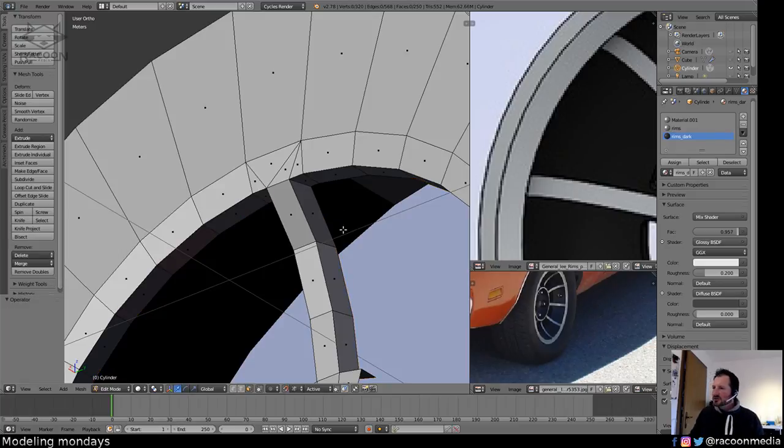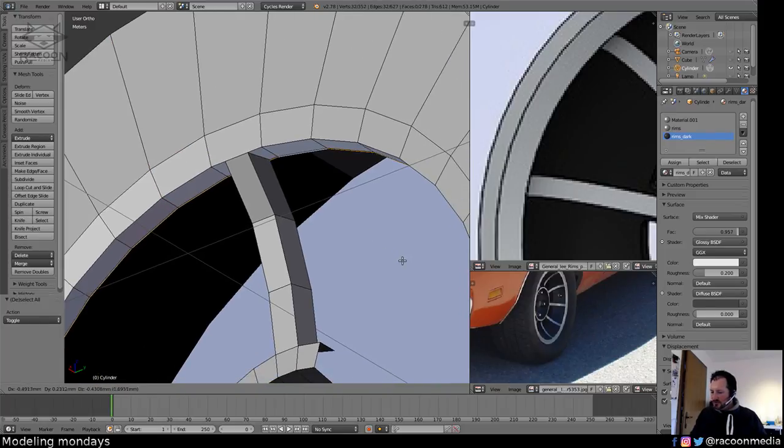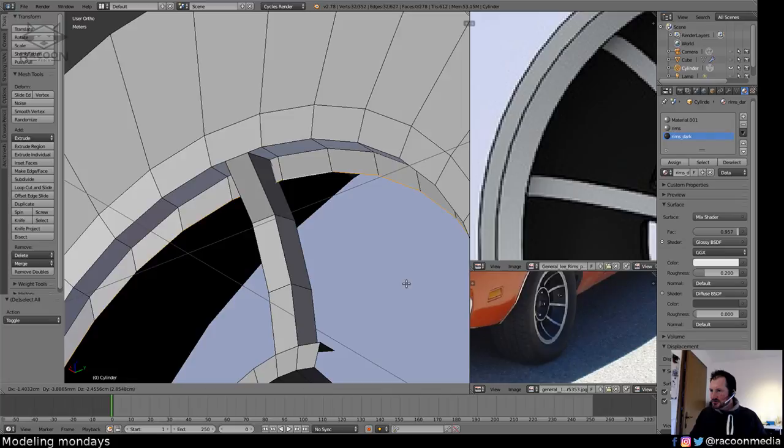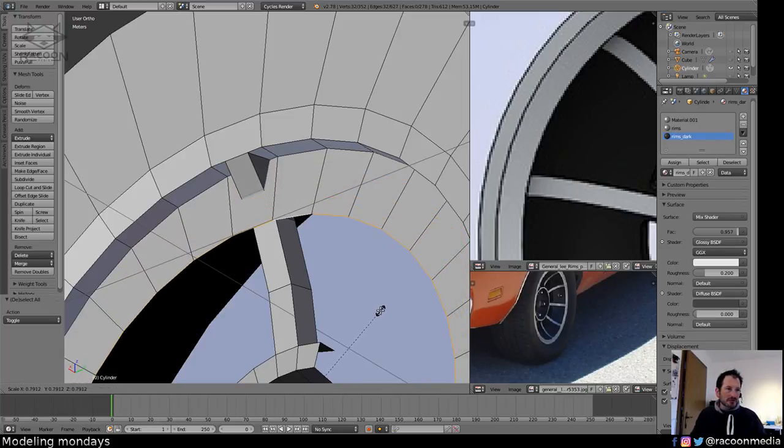Okay, let's Control Z a bit because I was too fast with what I was doing. So what I want first is a ring in the back, which it doesn't allow me to do. So fill this, control the edge loop, extrude, scale